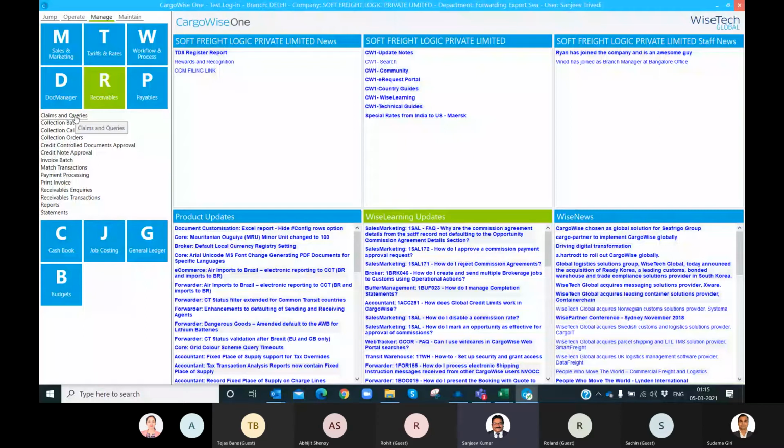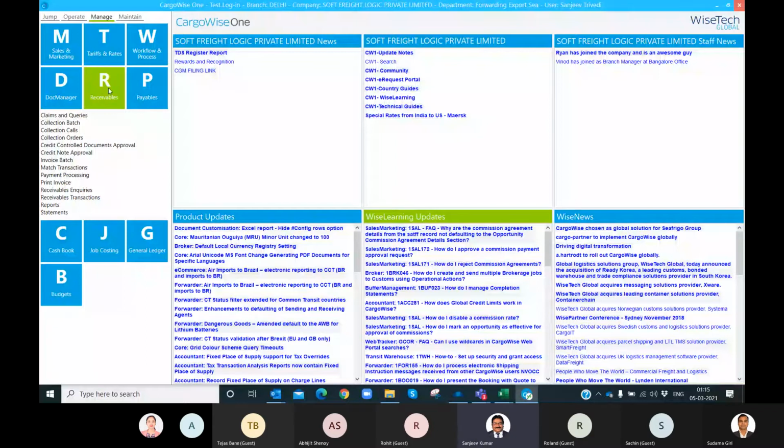That entry can also be done in CargoWise, so that at any point of time management may want to know that against certain cases there is a dispute, and obviously any company would like to settle those disputes as early as possible for making good relationship with those debtors and moving forward in industry. So that kind of entries can be done inside CargoWise.